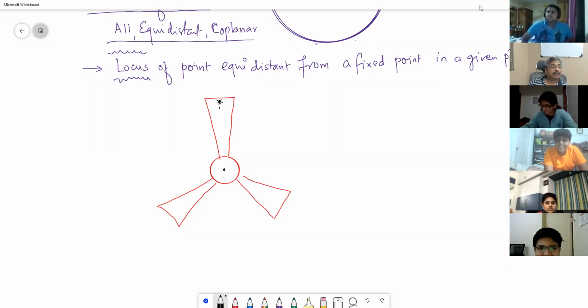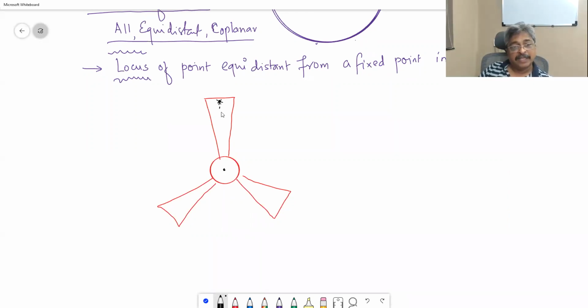Okay, so therefore the insect decides to go to the center. If the fan is off, not moving, then the locus of this insect is from here to here, the path traveled. This is the locus of the insect if the fan is not moving. But if the fan completes one rotation by the time the insect moves from this place to this place, then the locus of the insect is going to be like this. Do you agree?